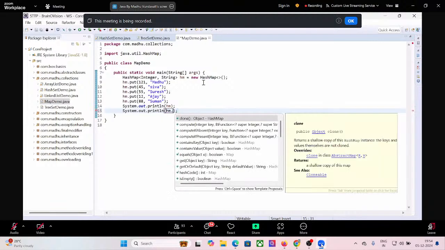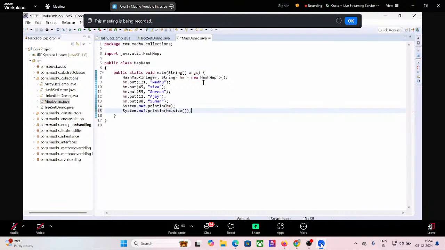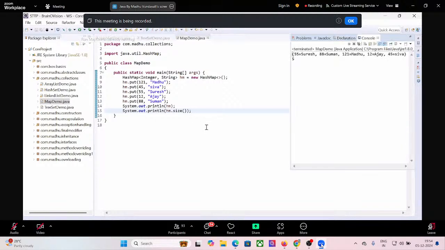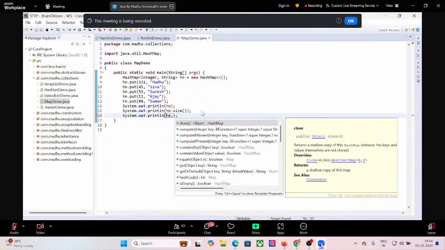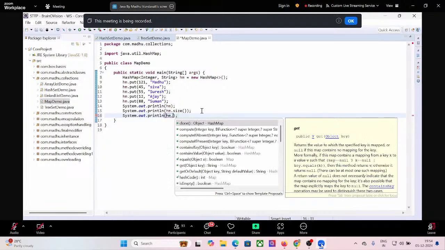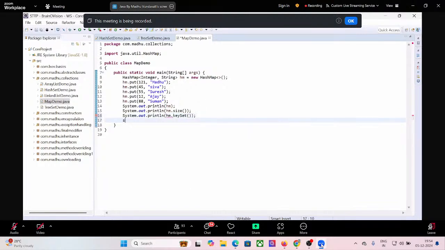See here, hm dot size. Hash map does not follow any order. If you see this, it is not following order. Now, if you want to get all the key set, if you want to get all the values,